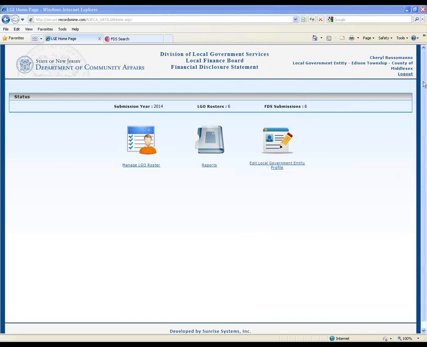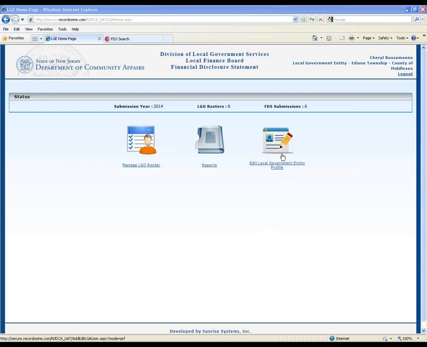Now, as I mentioned earlier, when you get your username and password from the DTA, the password is going to be a temporary password. So the first thing we're going to ask you to do when you first log into the system is go in and change that password. Give yourself a user-friendly password that you'll utilize for using the system.